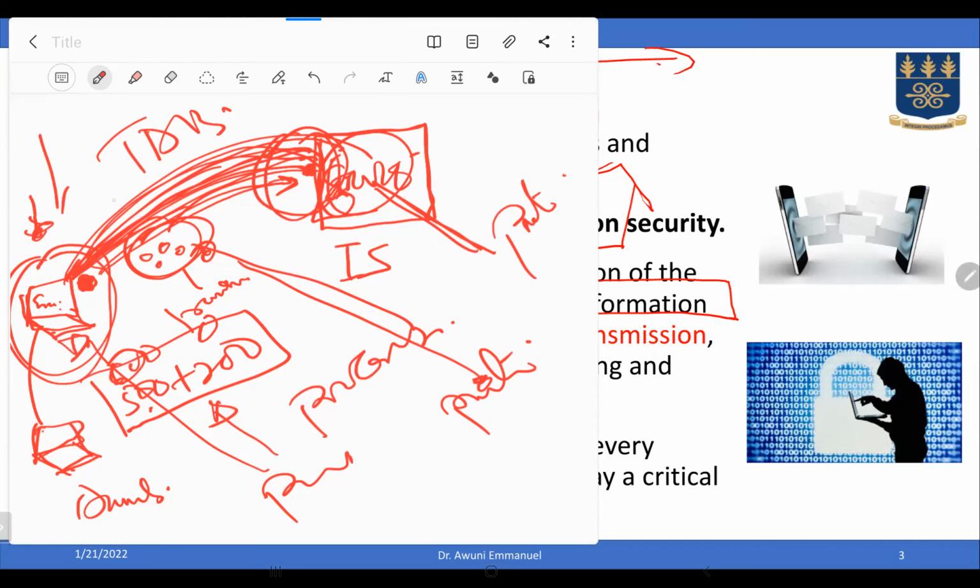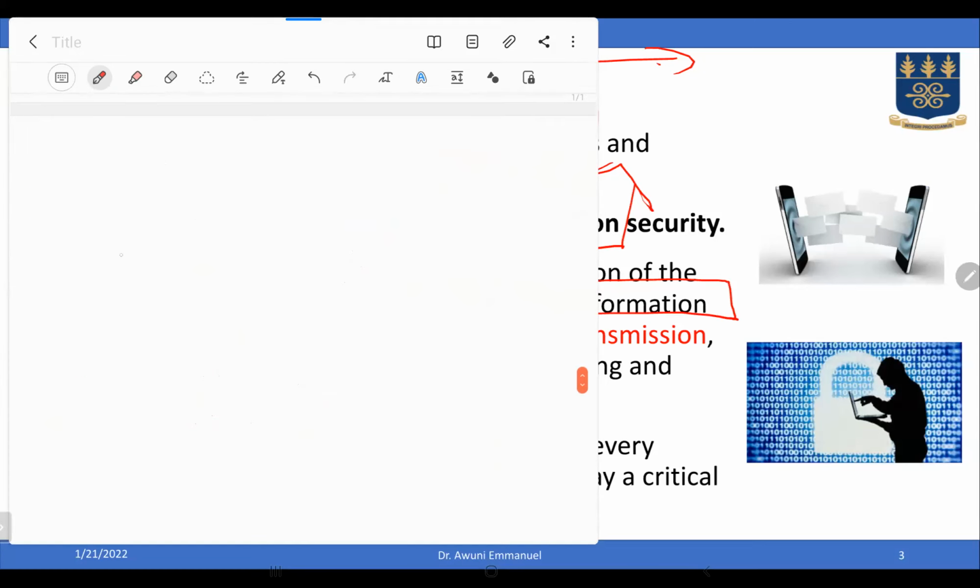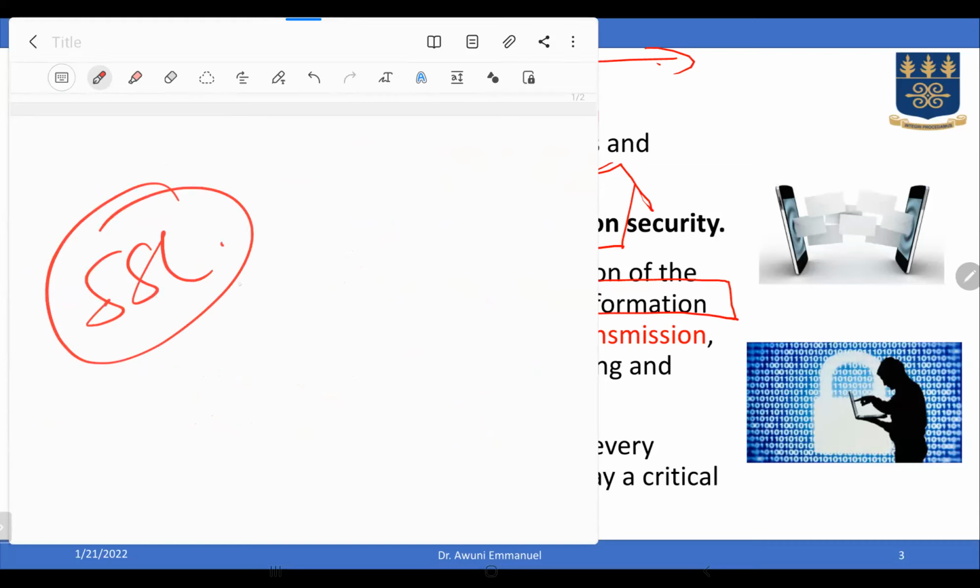The same applies in transmission. Of course, another way of protecting it is encryption, or cryptographic techniques. We shall look at some of the cryptographic methodologies as we move on, I think in week 6 or so. So you can do encryption. And on the web, I know some of you have heard of SSL, secure socket layer. It's also a way of protecting our data, an encryption technique for protecting our data.